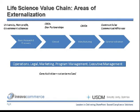So what does this look like in a very simplified diagram? The life science value chain areas of externalization. So we have research and development, clinical, manufacturing, commercialization, and areas where increasingly you'll see extensive partnering and alliances involving the externalization process. So in basic research and discovery, you'll see universities, nonprofits, government alliances, other alliances with other life